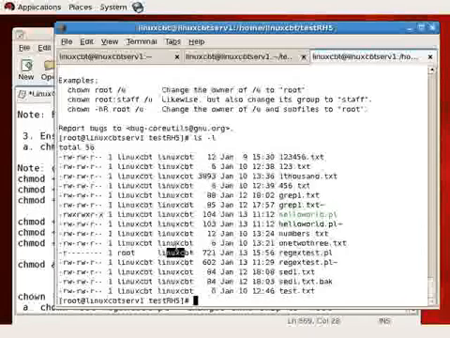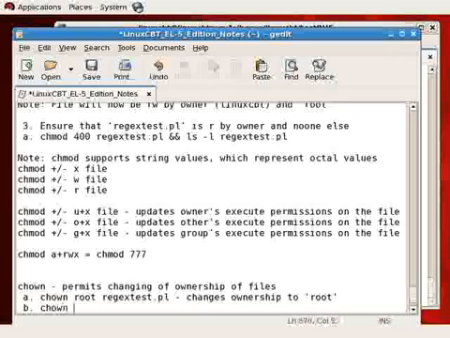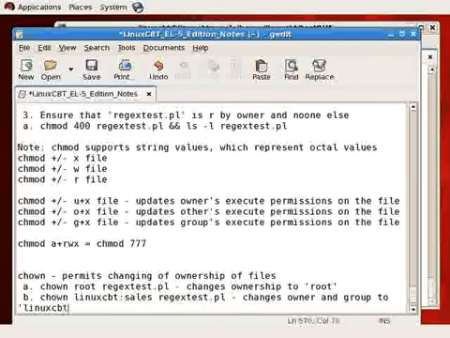What if we wanted this file to be owned by Linux CBT but by the group sales, to which the user Linux CBT belongs? Well, let's go ahead and show you how we do that. chown Linux CBT colon sales regex test.pl changes owner and group to